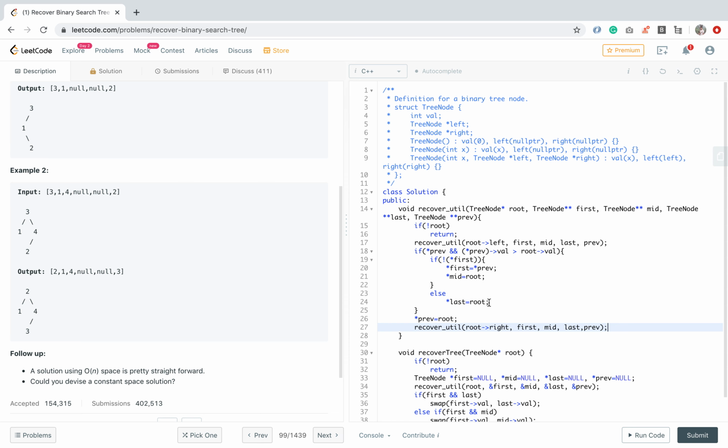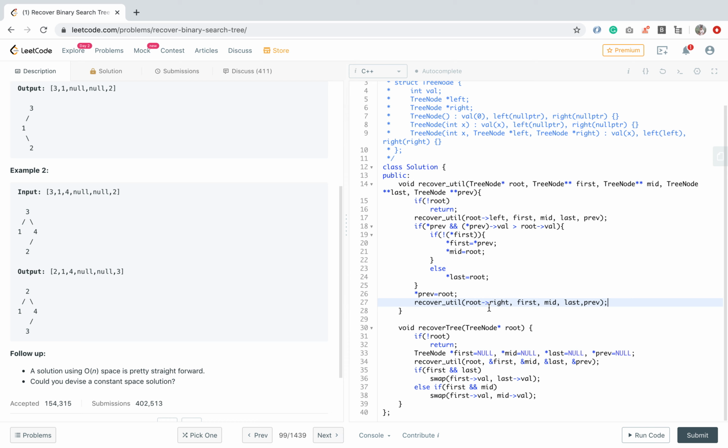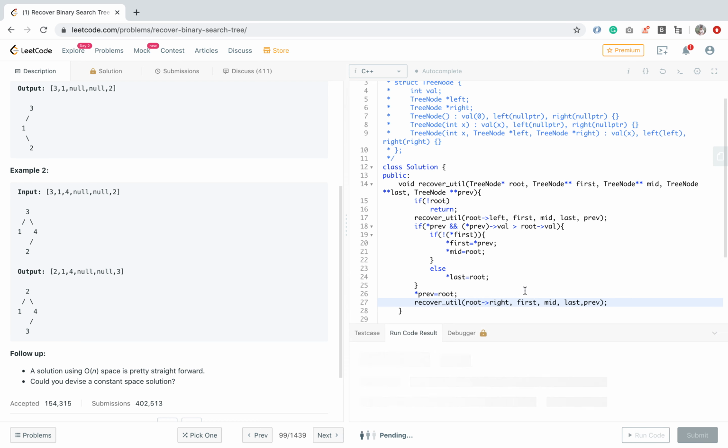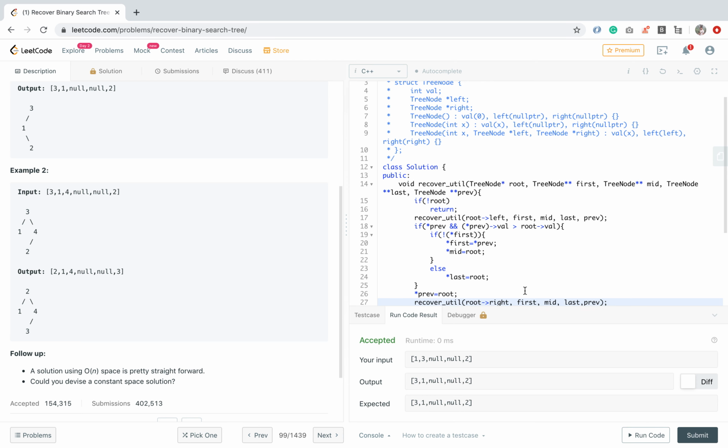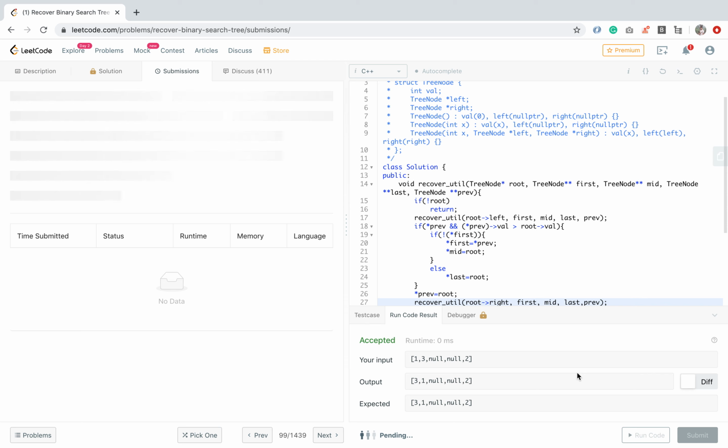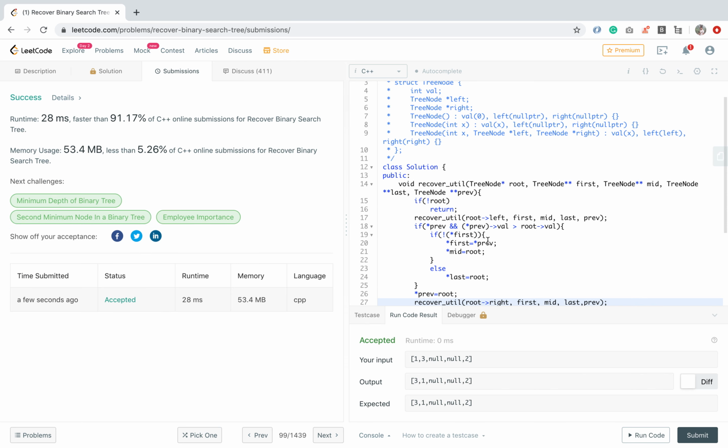Okay, I think we are good enough. Let's try. So the output is as per expected, so we should go to submit the code. Yeah, so it is done.